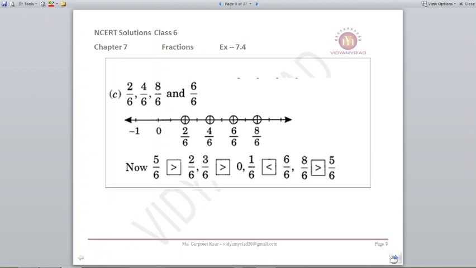Since the denominator is same, that is 6, based on that we will look into the numerator and decide which number is bigger. So 5 upon 6 and 2 upon 6. 5 is bigger, so we will put a greater than sign there. 3 upon 6 and 0. 3 is bigger, we will put greater sign over there. 1 upon 6 and 6 upon 6. So 1 and 6. 6 is bigger, we will put sign that side. Bigger mouth will be open to that side. And the last 8 upon 6 is greater than 5 upon 6.